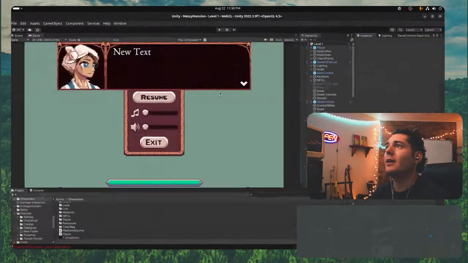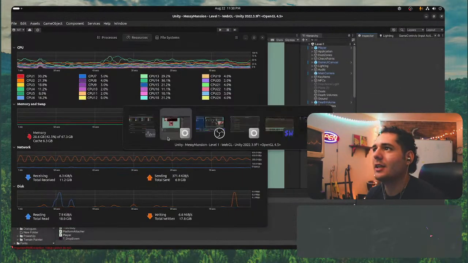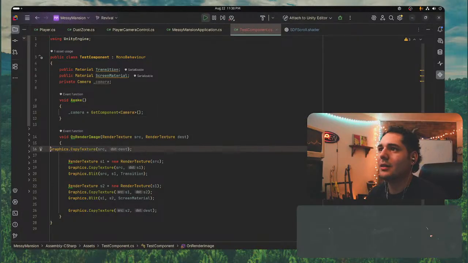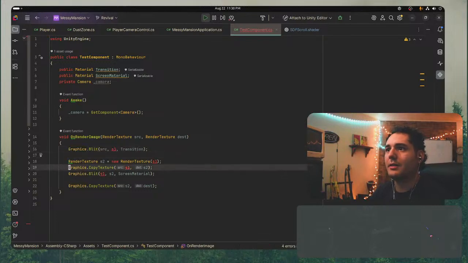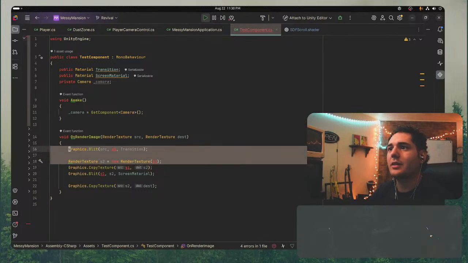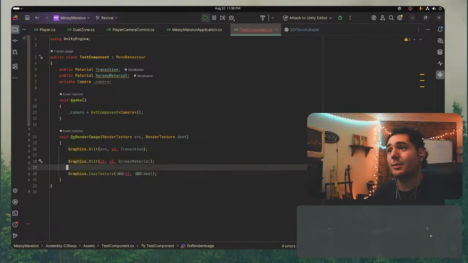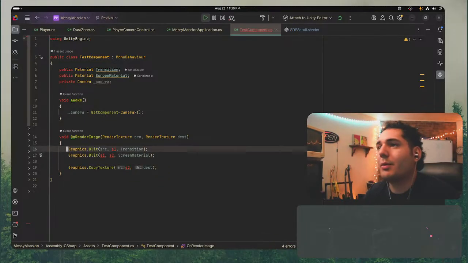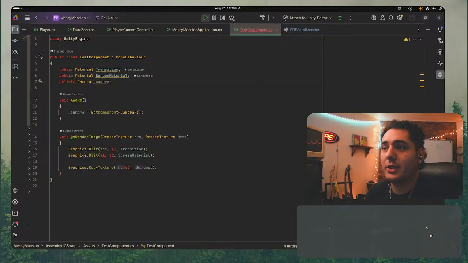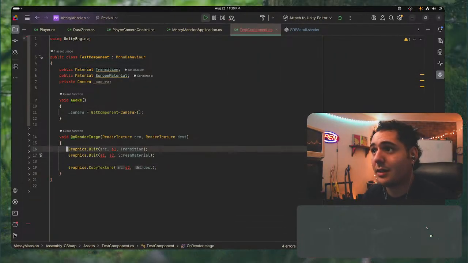But in fact, I wonder, can I trigger a GC collect and would that fix the problems? Let me try that actually. First of all, we're going to get rid of all this because it's happening every single time a draw call is done, which is kind of terrible actually. In fact, we would probably want to have a buffer render texture if you want to try doing this passing thing, but